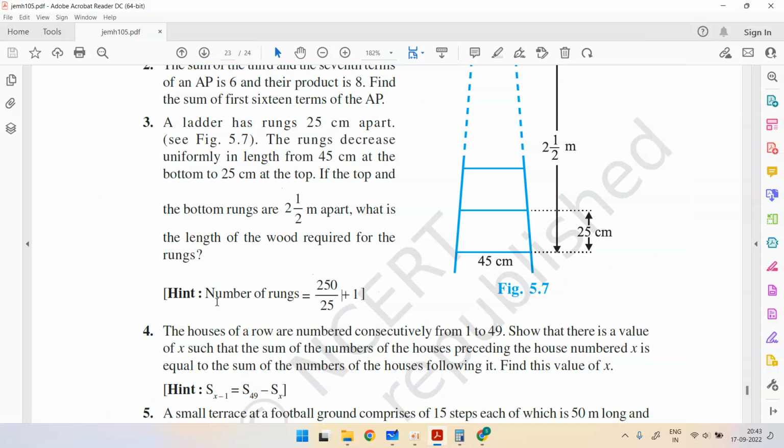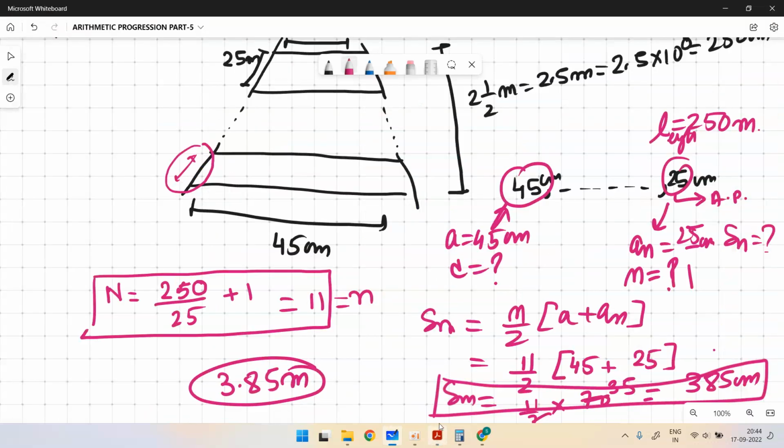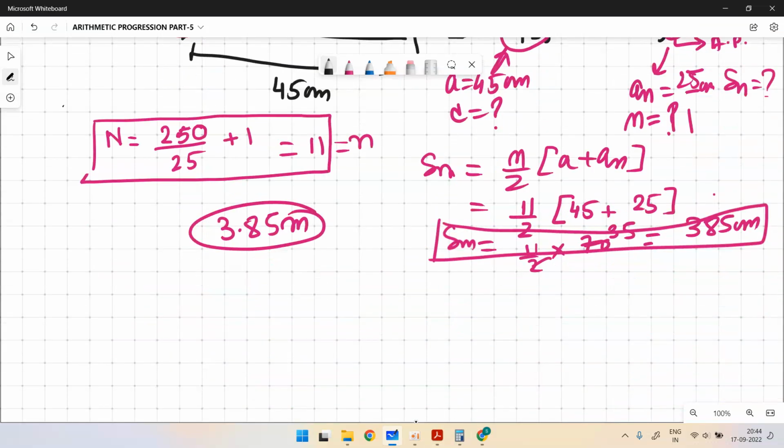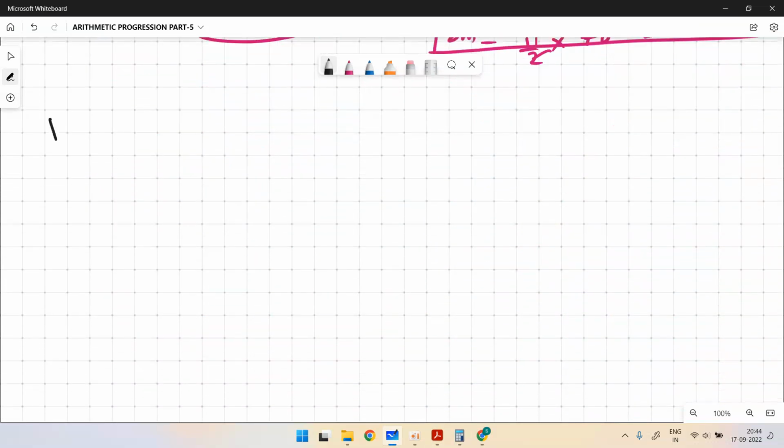Next: the houses of a row are numbered consecutively from 1 to 49. Show that there is a value x such that the sum of the numbers of the houses preceding the house numbered x is equal to the sum of the numbers of the houses following it. Okay, there are houses 1 to 49. This is question number 4, and it says that there are houses,